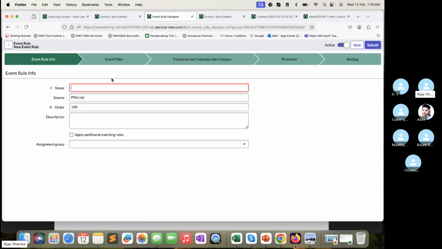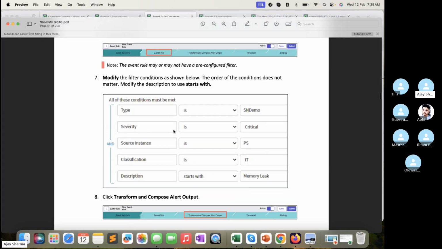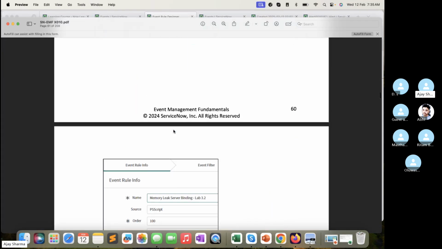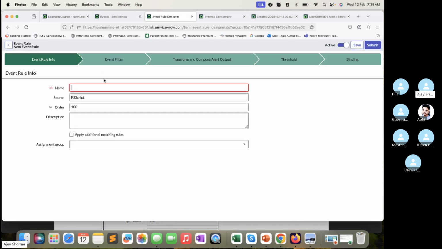Okay, so this is the event rule which we have to configure. So what I'm going to do, I'm just following this particular information. Memory leak server lab 3.2. Memory leak server lab 3.2. Okay. Now when you are writing filter conditions, simple things, or writing an event rule, based